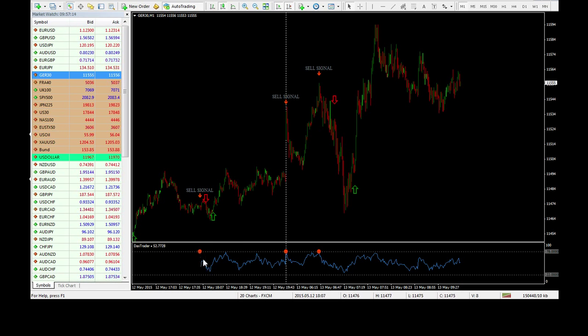So I've only got 2 examples on this 1 minute chart, 3 if you take this one, but I think that's because the data has only started there. I tend to ignore these and look at the ones in the middle. So I've got 2 signals where it's crossed these 2 lines, and the lines that I've drawn are 78 and